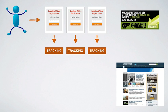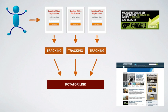Now, what I will have then is my tracking links pointing to a rotator link. So I have one rotator link that has 3 different tracking URLs, and each tracking URL obviously is attached to one particular landing page URL. Make sense? All right. So then I just take my rotator link, which is one single link, and then